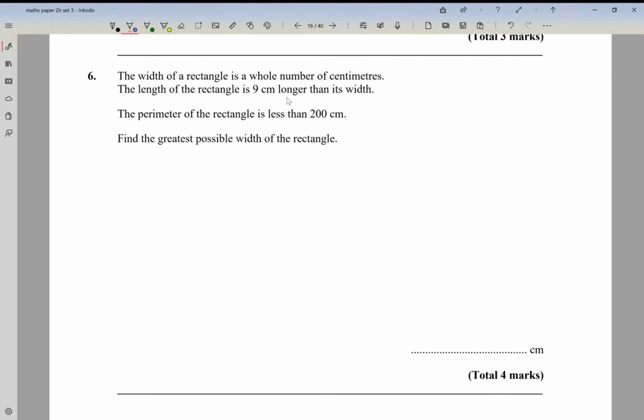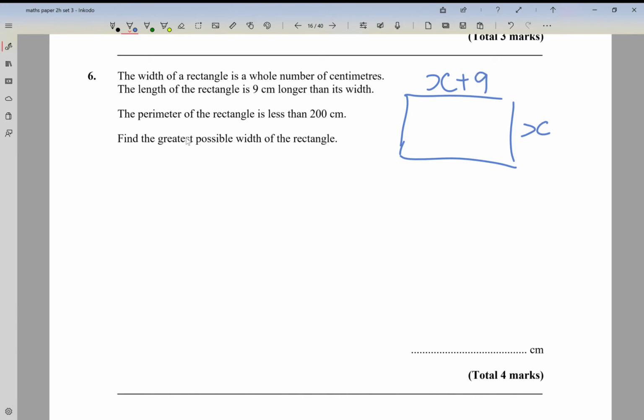So you've got a less than thing here, so you've got some inequalities, and we've got some kind of algebra forming. Now if we just picture this rectangle, first of all, the width of the rectangle is a whole number of centimetres. Don't have to worry about that for now. The length of the rectangle is 9 centimetres longer than its width. So if we say the width is x and the length is x plus 9,